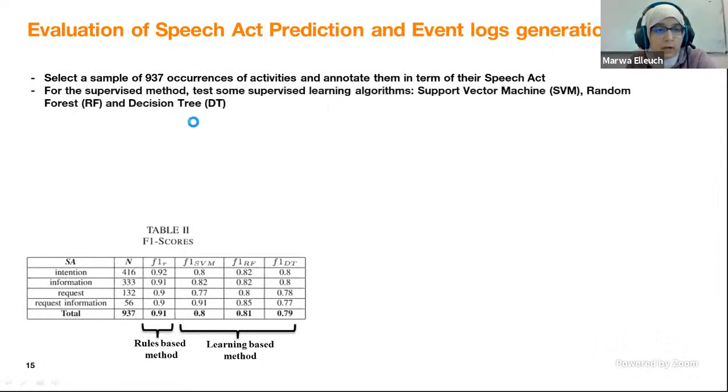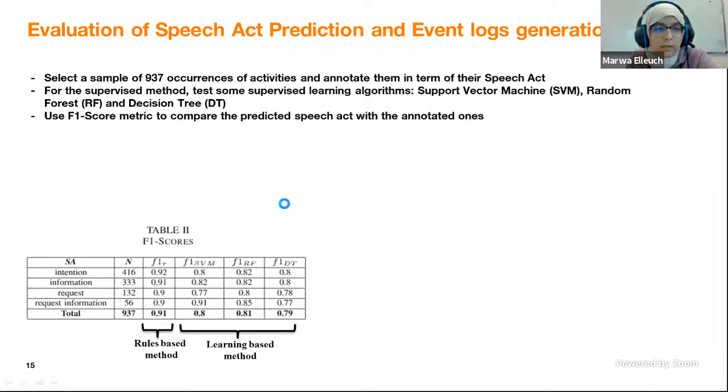act. Then for our supervised method, we have tested some existing supervised learning algorithms, which are support vector machine, random forest, and decision tree. And we have used the F1 score metric to compare the predicted speech act with the annotated ones. And here are the different values that we have obtained, which vary from 0.79 to 0.91. And as the higher value was obtained for our rules-based method, we have adopted its result in what remains